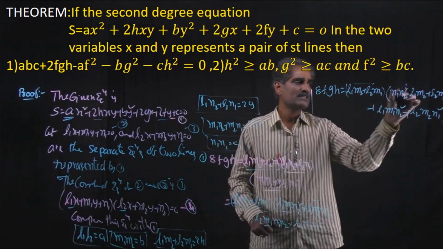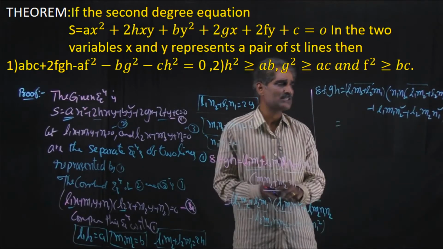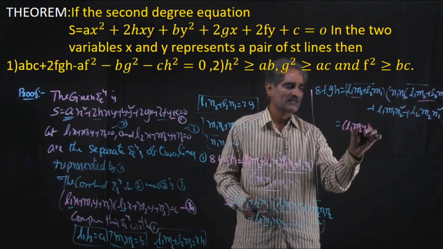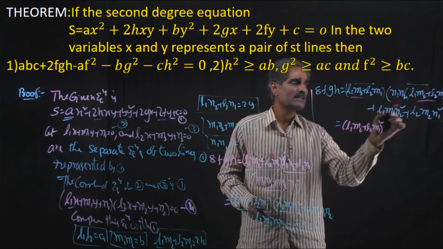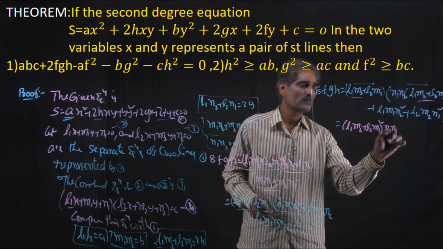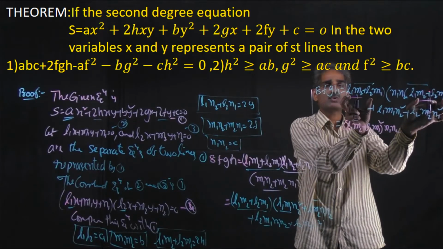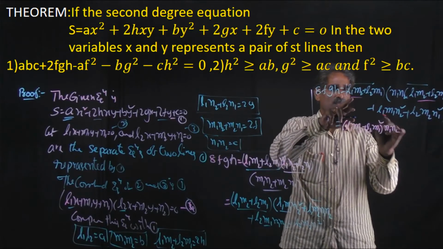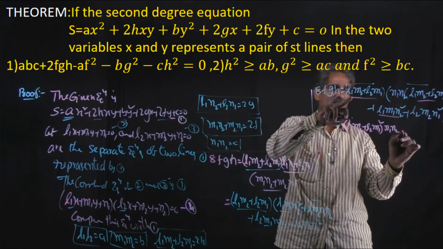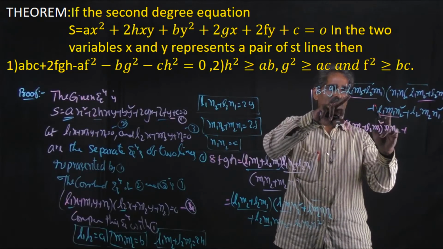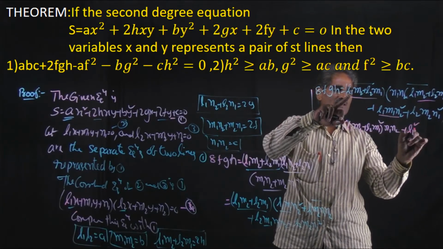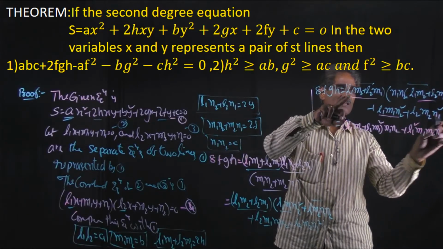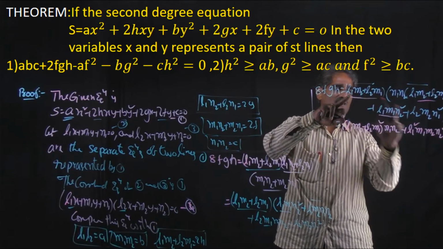Okay, now multiplying with this, then what will happen? 8FGH into this whole square, L1 M2 plus L2 M1 whole square into N1 N2. These two terms are the same, this into this whole square into N1 N2 plus this into this expression. That means what will happen? L1 square M1 M2, L1 square M1 M2 N2 square, this into this. Next, after that, this into this.